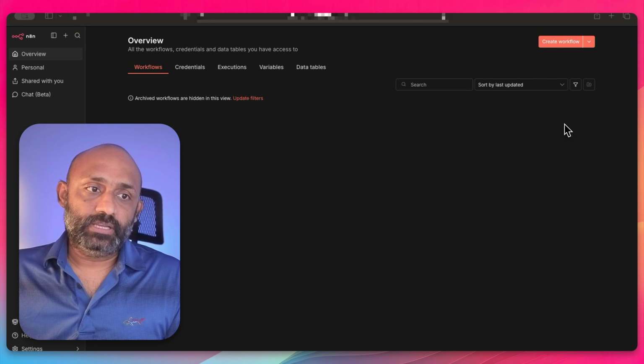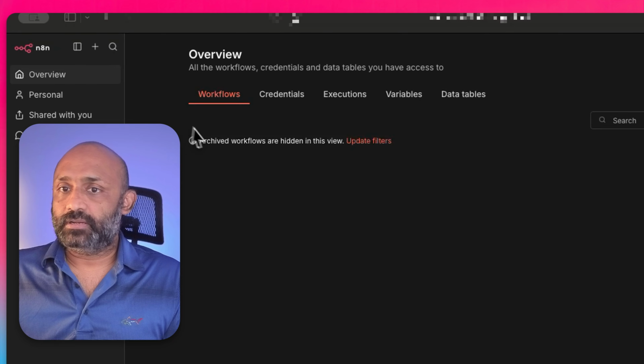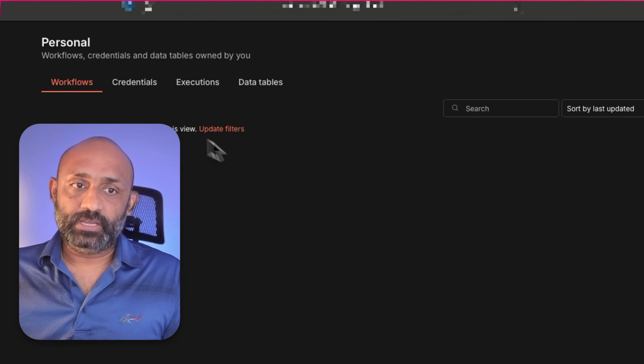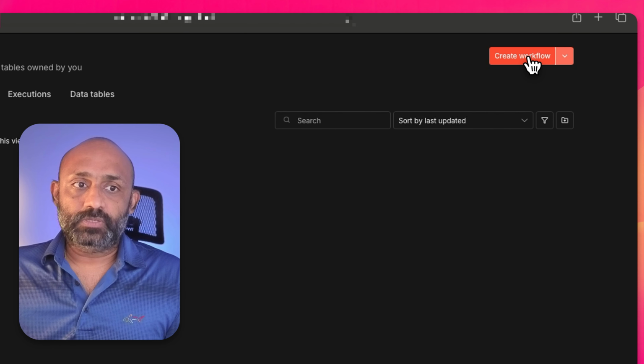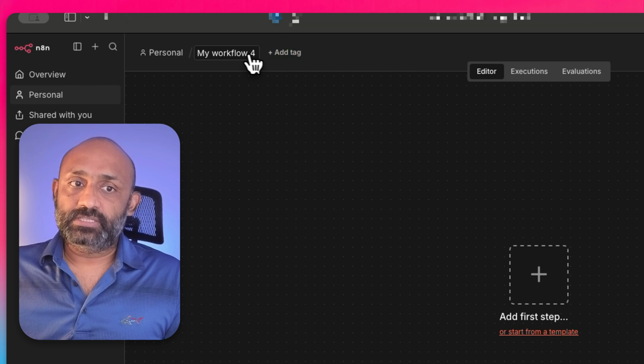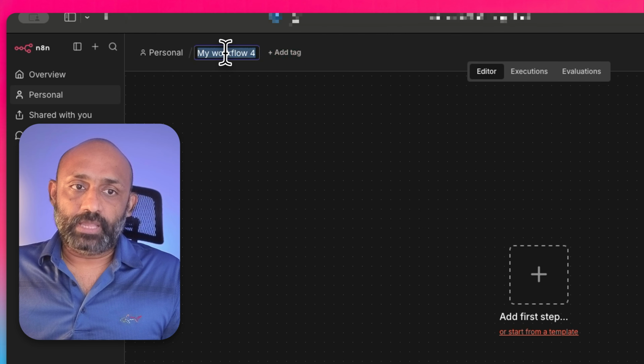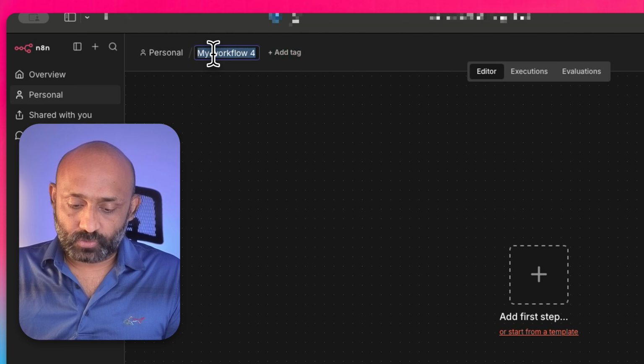So now let's get into the personal space and start with a new workflow, right? So if we click on create new workflow, now we can see a new menu on the top. So that is the top menu, right? So the top menu, as you see here, we are under personal folder, and then this is the workflow name, right? So we can name our workflow